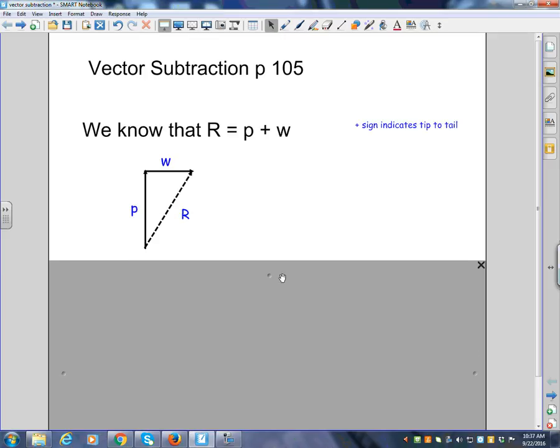You should remember from grade 11 that if you're talking about planes, and this might be new to you, so pay extra close attention, we know that the resultant is equal to the plane plus the wind, and these are all vectors. Right? If you're flying a plane, the resultant,